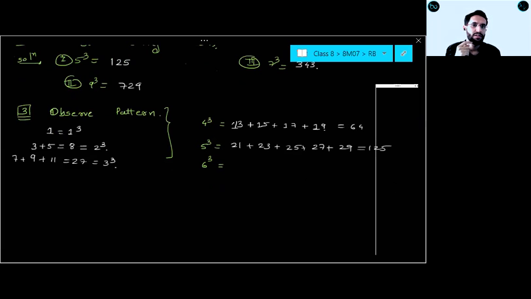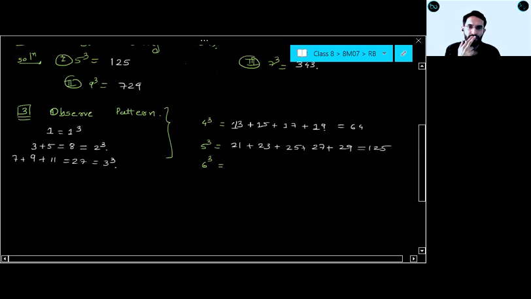Sir, can I tell? Let me give chance to everyone. I think who asked me? Apurva has not got chance till now. Apurva, can you tell me? Yes, sir. Tell me for 6 cube. Sir, 31, then 33, then 35, then 37, 39, then 41. 1, 2, 3, 4, 5, 6. What you will get? 216, right? 6 cube is 216 or not? No need to add, you will get that.